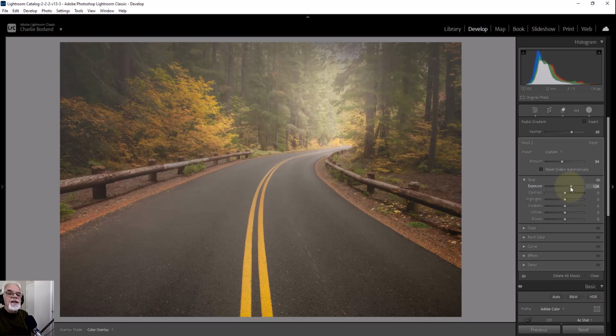Again, I want to create that light at the end of the tunnel type of feel. So we're going to go back to this one, and I'm going to brighten it up just a little bit more, but not too much. I want it to look like a normal exposure, not like a blown out highlight like these leaves over here were in the first place. So we'll play with the feathering here a little bit. I might keep it a little bit